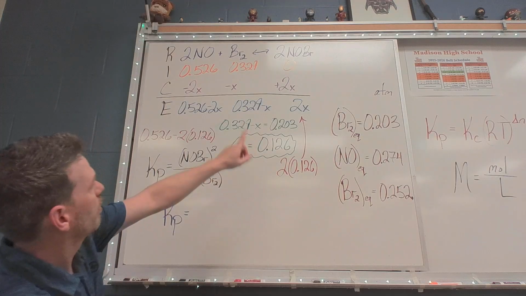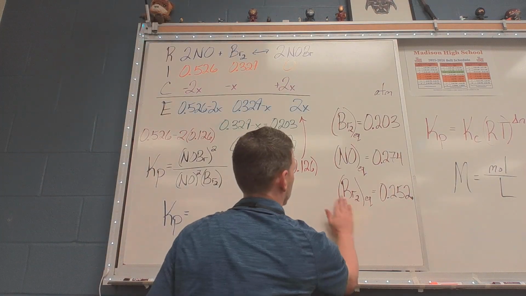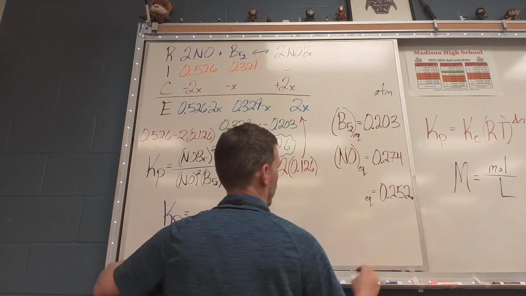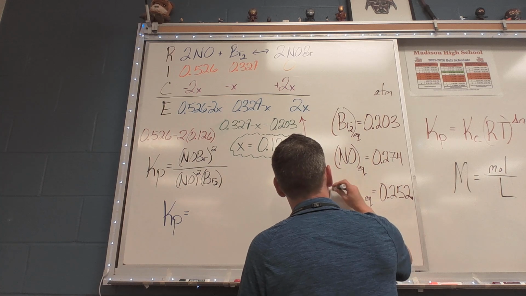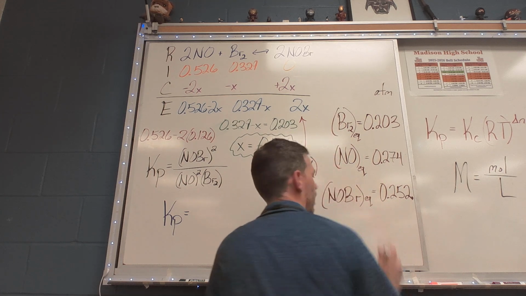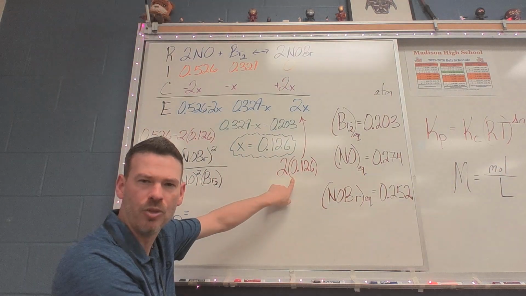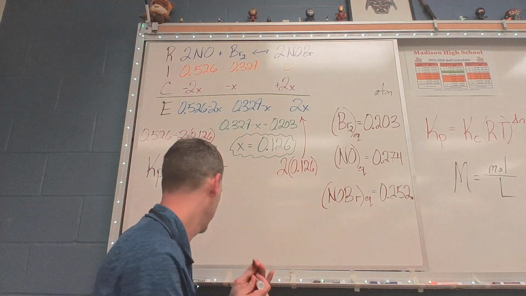Oh, wait, I did something weird. I made a mistake. I rewrote the reactant in the product spot. Sorry, people at home. Remember, this value that gave me the 0.252 was describing the product, which was NOBr, and